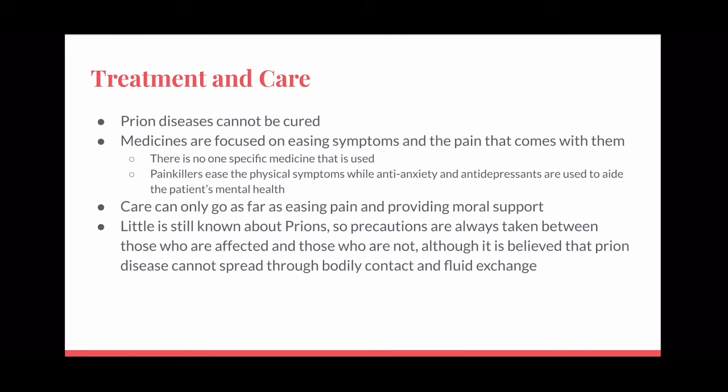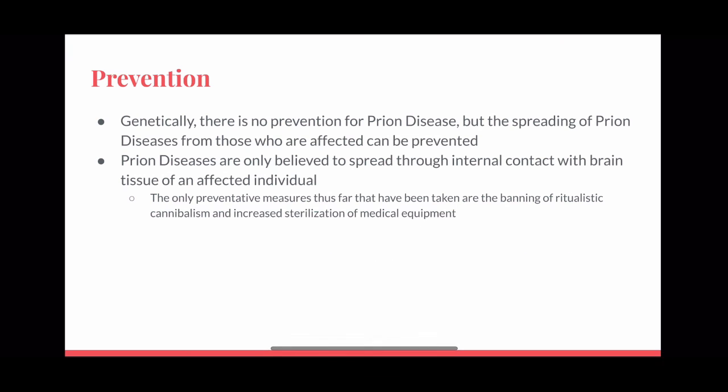Little is known about prions, so precautions are always being taken, but there's no evidence to support that they can be spread through bodily contact. Prevention, again, there's really no prevention because we don't know how they're spread. It does not seem to be spread human to human. And so at this point, all we can do is ban ritualistic cannibalism and sterilize medical equipment. And that's my